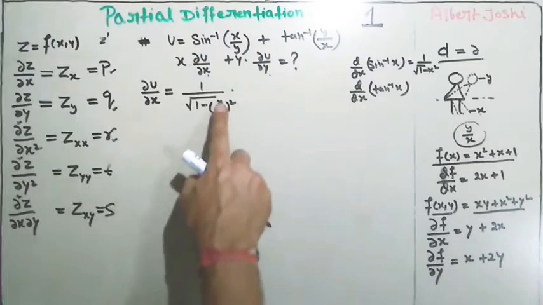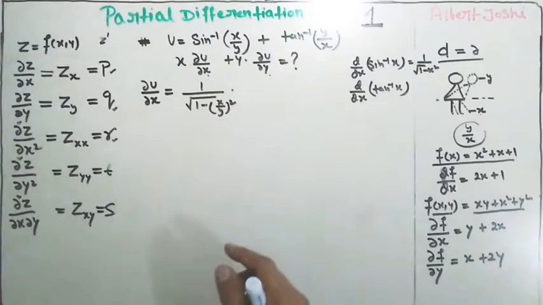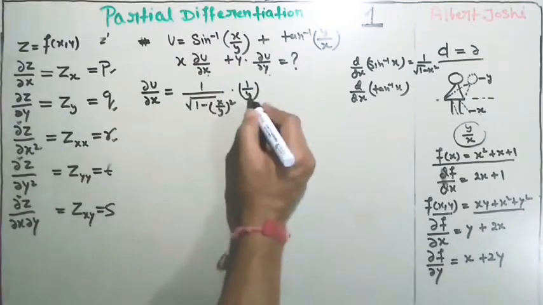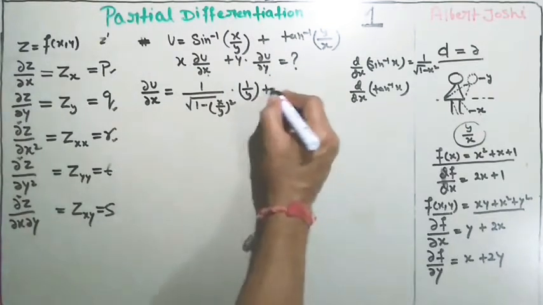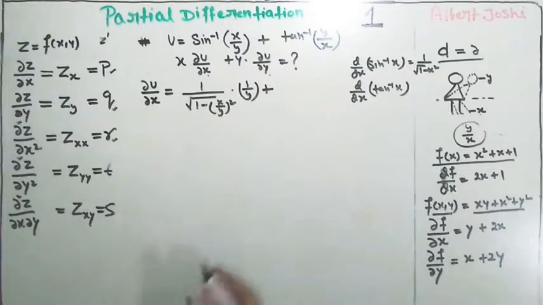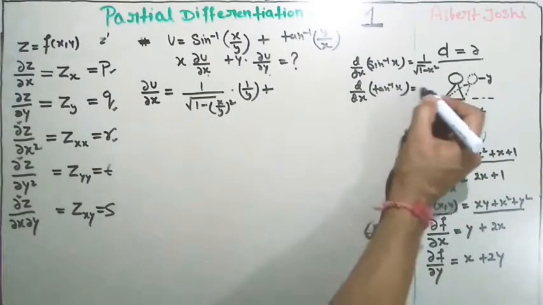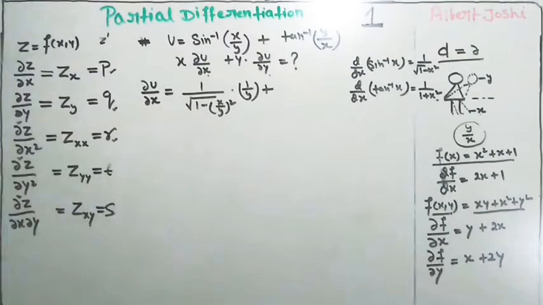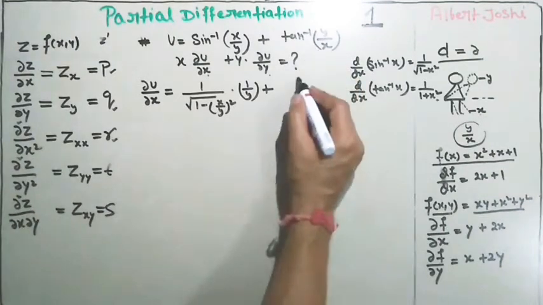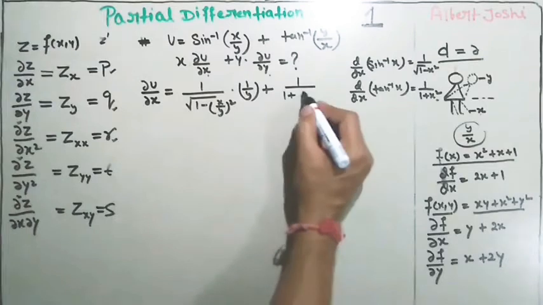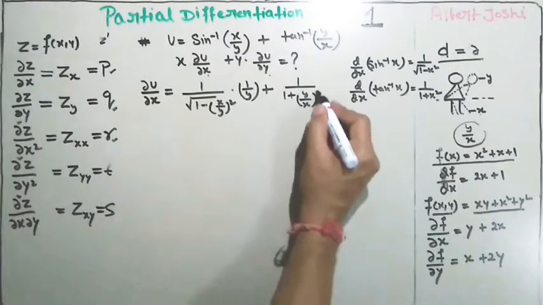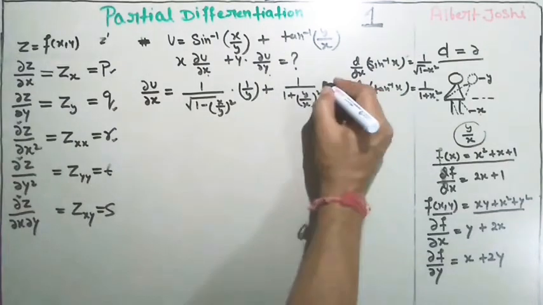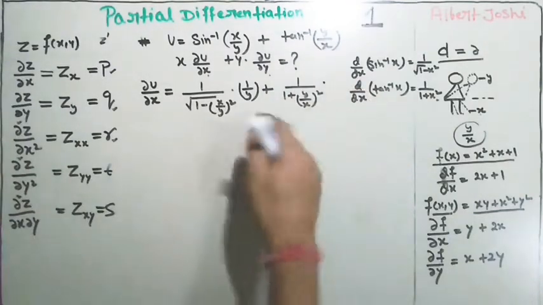After that, again you will differentiate this one, x upon y. If you differentiate x upon y, then you will get 1 upon y, because y is constant. Again then plus, you will differentiate this one. Tan inverse x is equal to 1 upon 1 plus x square. This is the differentiation of this. So you will differentiate this one also, 1 upon 1 plus y upon x whole square, because in place of x you have y upon x. Then you will differentiate also this.